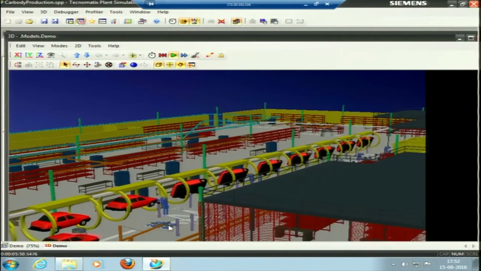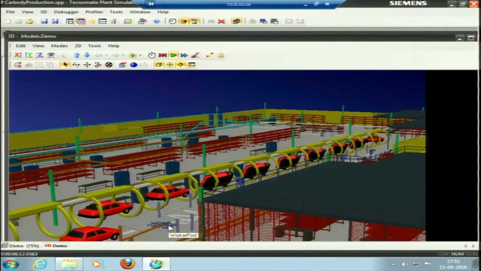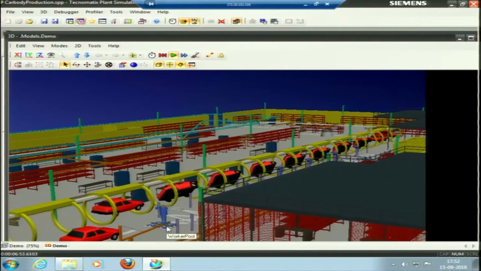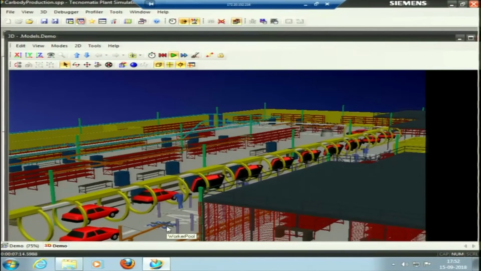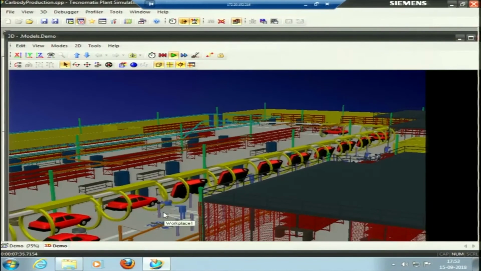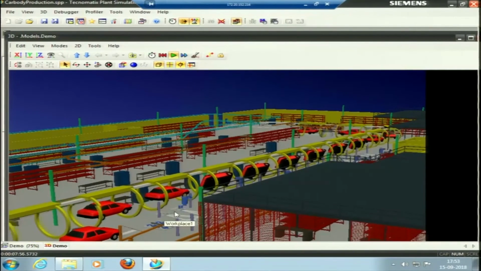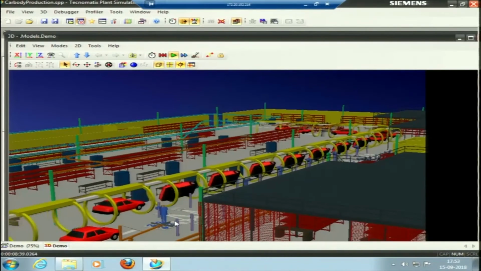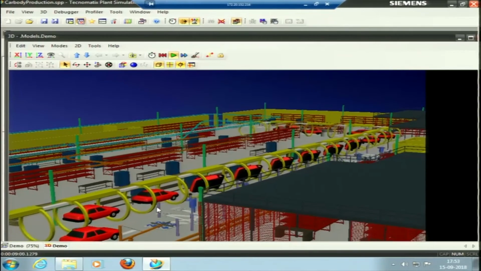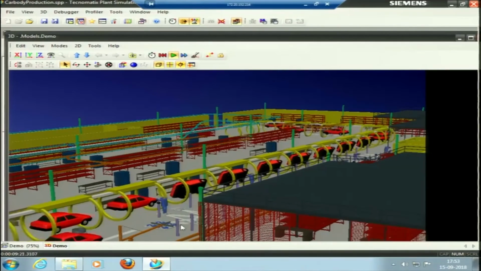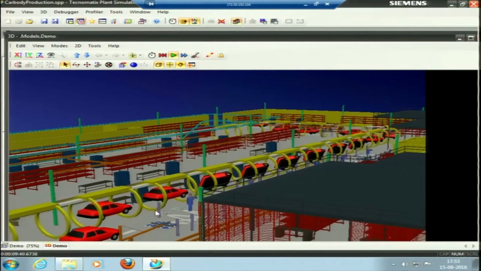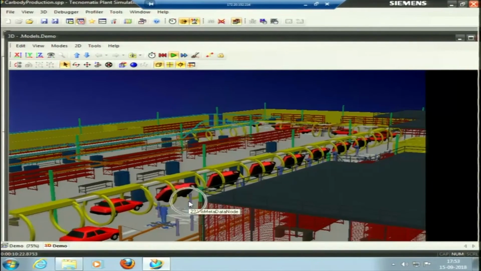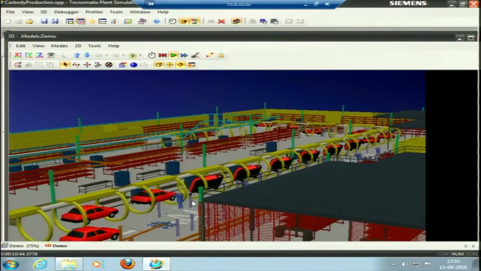This is the workplace. I will show the objects when I come to the actual practice on the software. This is the work pool, where the workers could stand when they are not working, and this is the workplace for the worker. The worker is just picking from some point. These purple pillars that you can see are the workstations for the worker.